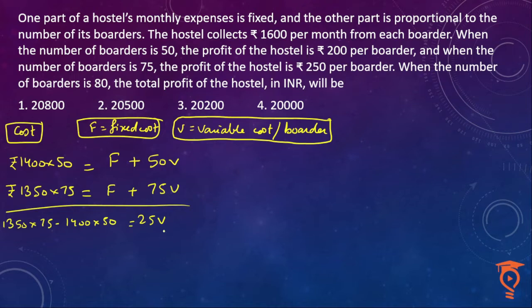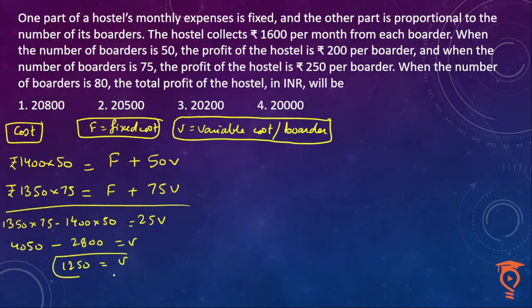Now I divide this entire equation by 25. I have this philosophy of always leaving all the calculation for the last step. Most of the time this saves me from doing some unnecessary calculation. So suppose you had multiplied 1350 into 75. Not needed, because you can divide this entire equation by 25. Okay, so this would be 4050 minus 2800. That would be V. So V comes out to be